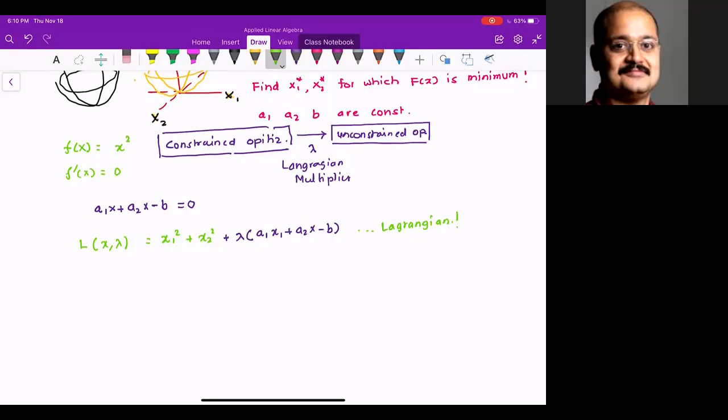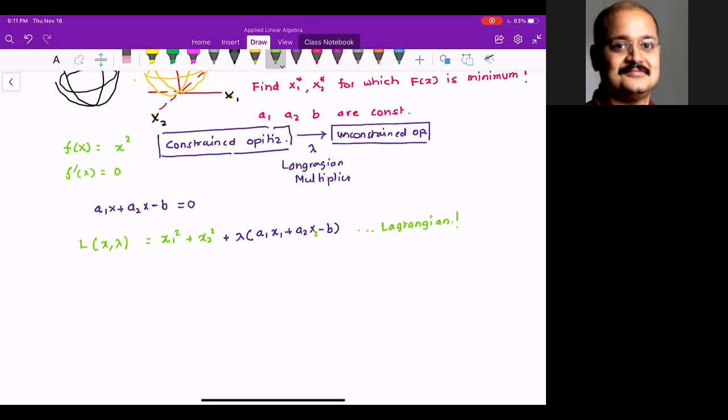When you optimize, you realize that there are many solutions that are possible. Amongst those many possible solutions, which is the most viable solution that you are looking for? So what we are looking for is the solution that follows this constraint, say a1x1 plus a2x2. My question is, I want to understand what's the meaning of when you write Lagrange equals x1 square plus x2 square plus lambda times the constraint.